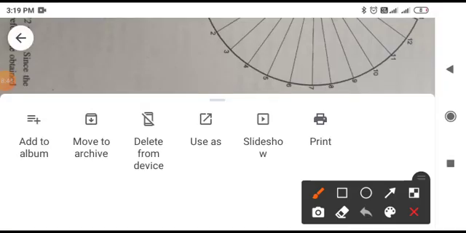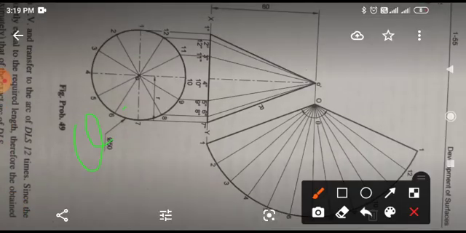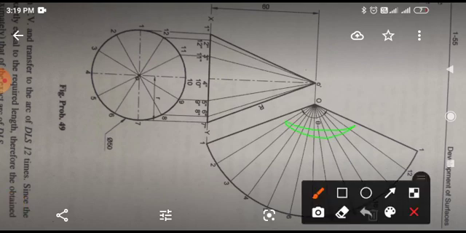Theta is equal to r upon l into 360, where r is the radius of that base circle, l is the slant height, and theta is the angle. Okay, which angle are you calculating actually? This one. You might have drawn this, or you can draw this. Then by taking parallel projection you can come up to this very easily.